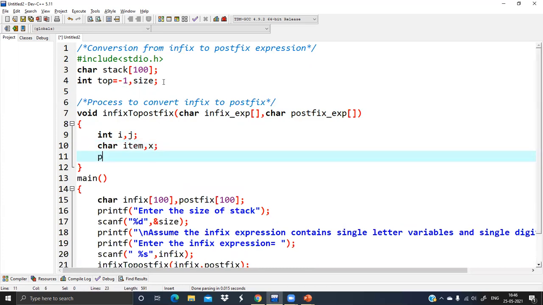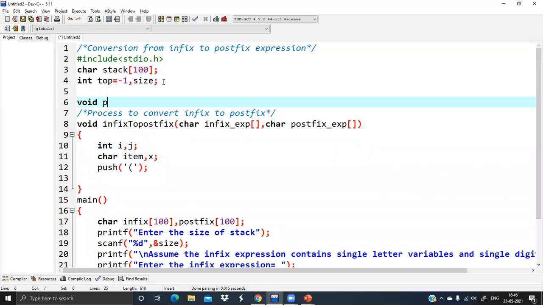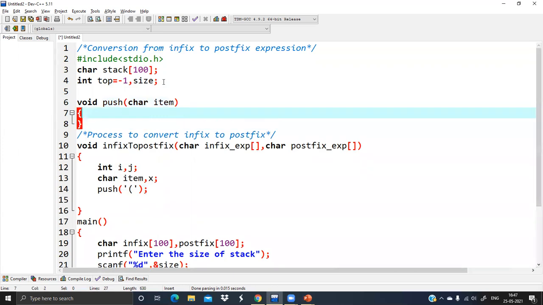First of all, I'm using the push function because I'll use the stack. So I'm just pushing a left bracket. Why I'm pushing it, I'll tell you as the program continues. Push is not a predefined function, it's a user defined function. Whenever I'm passing a character, I have to catch it with one character also.